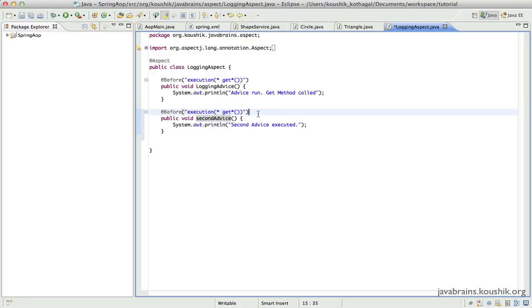So the point where you want the method to cut in is a pointcut. This star get star of no arguments is a pointcut for the second advice, the same way this is a pointcut for the logging advice. Since you have the same pointcut being used by two different advice methods, what you can do is define a pointcut separately and put this expression over here,